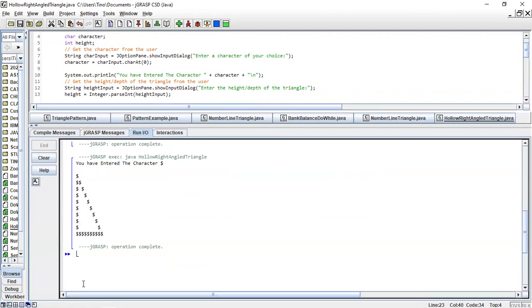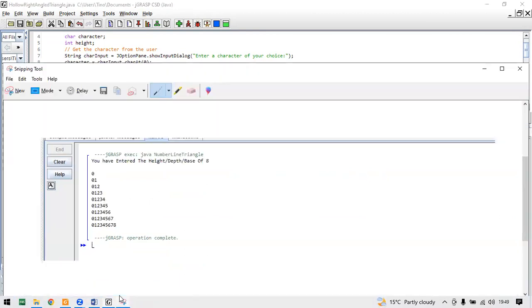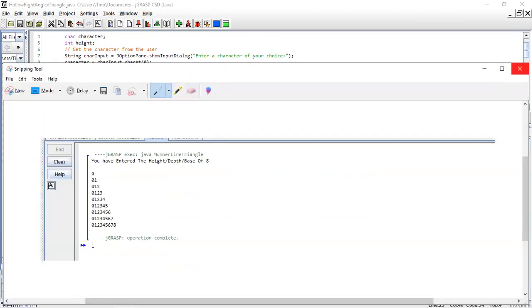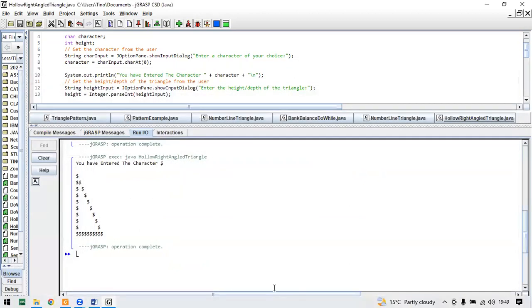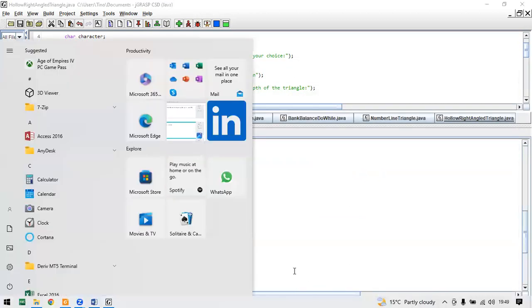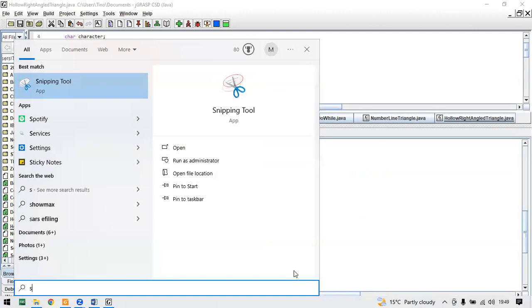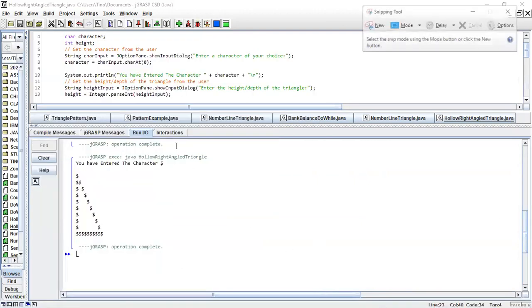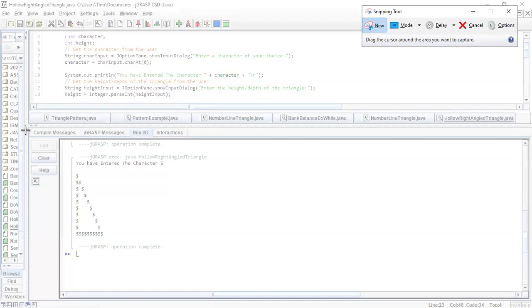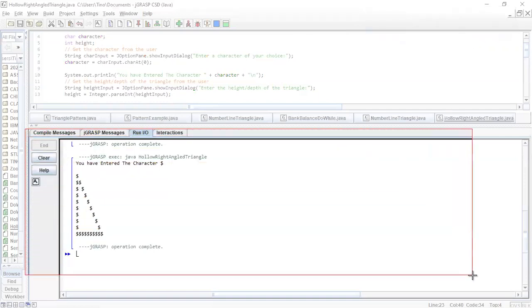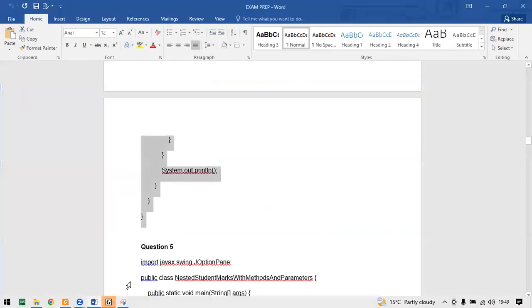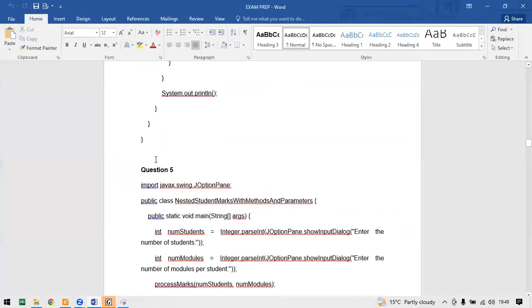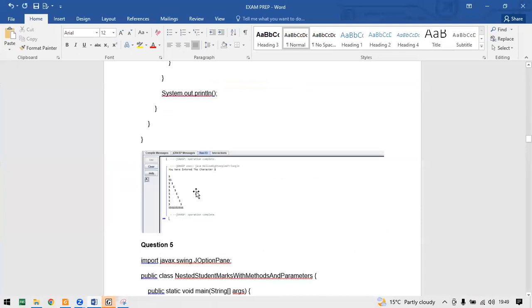So in the case that they've asked you to say we need a screenshot, like I said earlier on, you press your start button like this, then you type SN, it will pop out, you open, you say new, then you crop like this, then you just copy. Then you do what? After you code here, you paste like this.